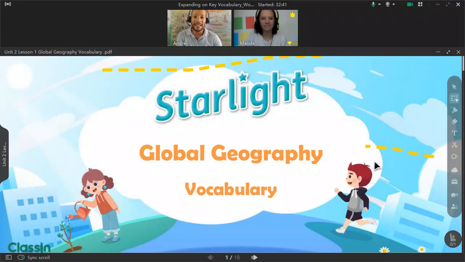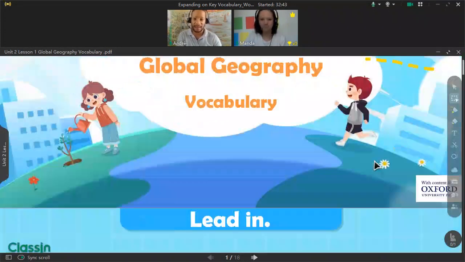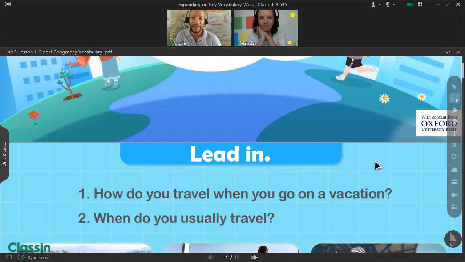So I recently started this with a level 5. This is unit 2, lesson 1 of level 5 students, and they can speak great English. They always correct me when I make spelling errors. They're just quite bright. So with material like this, you have to make sure that